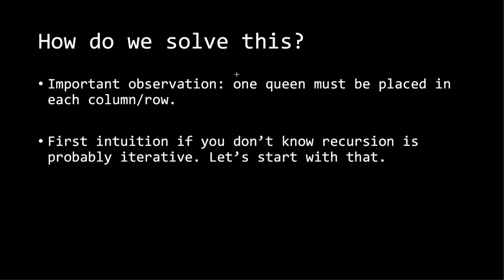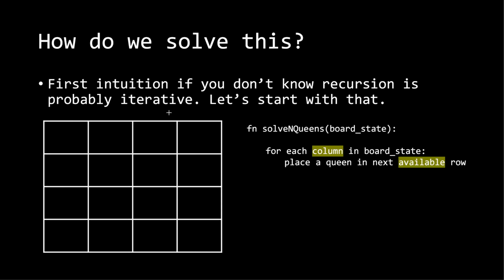Okay, so if you're like me, you probably are thinking of iteration here. You can maybe loop through the columns because one queen must be placed in each column. So let's go ahead and start with that. Here's a first pass at an iterative solution that's very naive, but I think gets across an